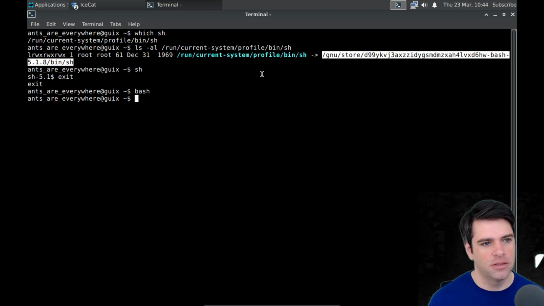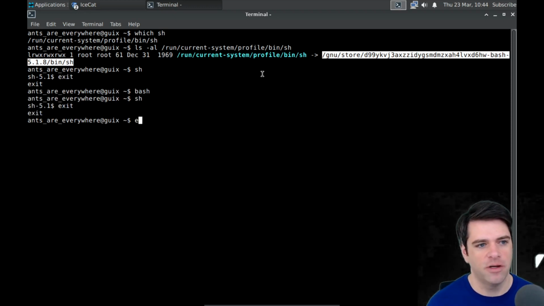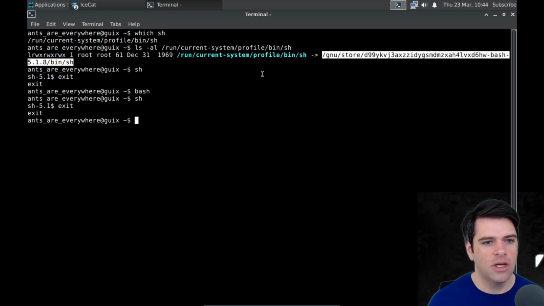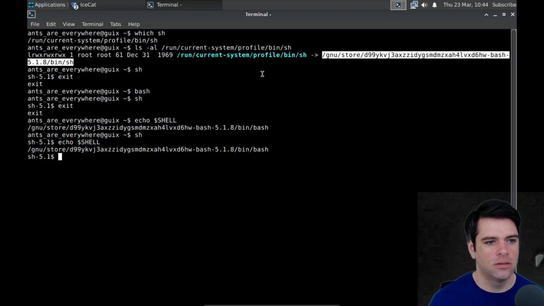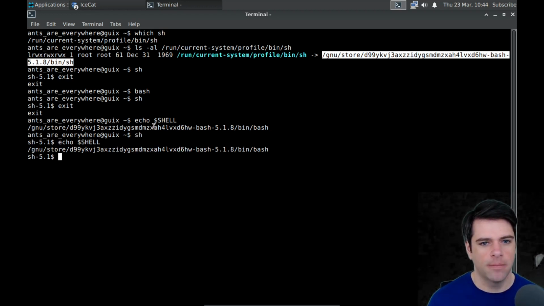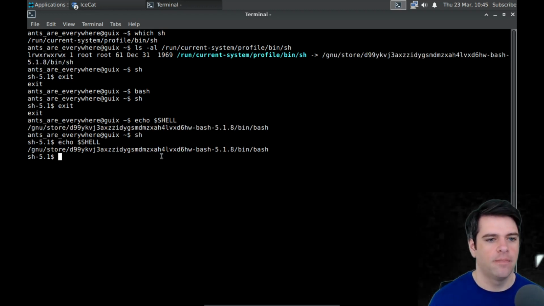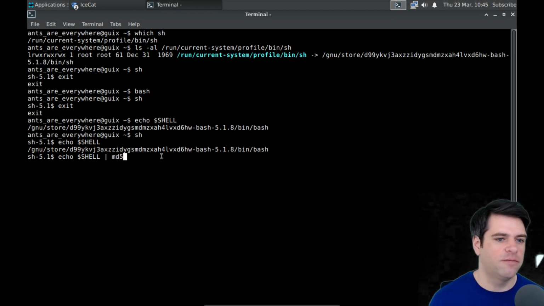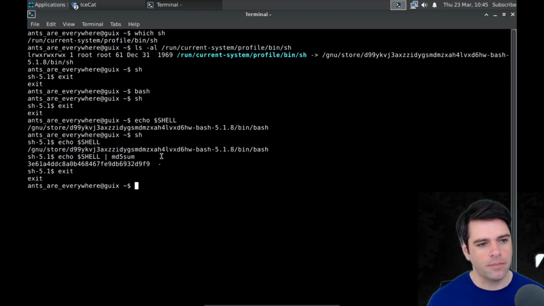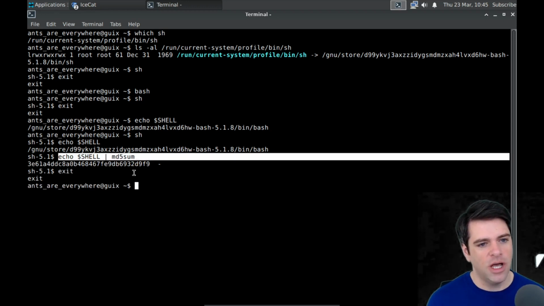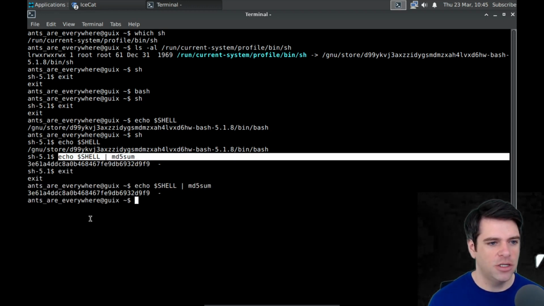I think I'm in bash. So maybe it's bash with different environment variables or something. Well, can I find out what shell this is? If I do sh, can I do shell? These seem to be the same. And just for fun, I'm going to output the, yeah, okay. So sh is bash here.